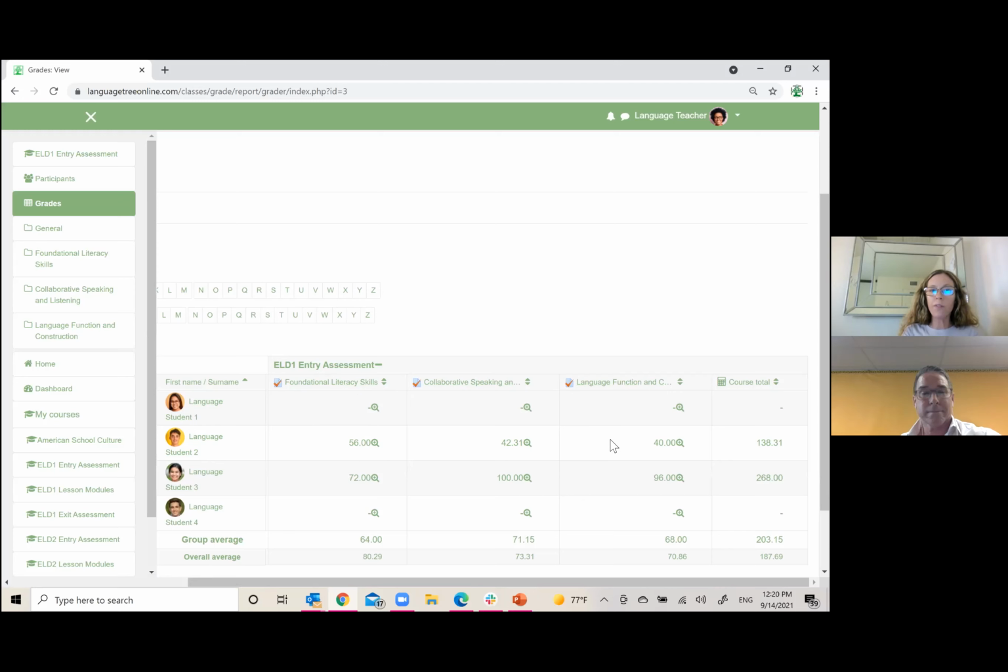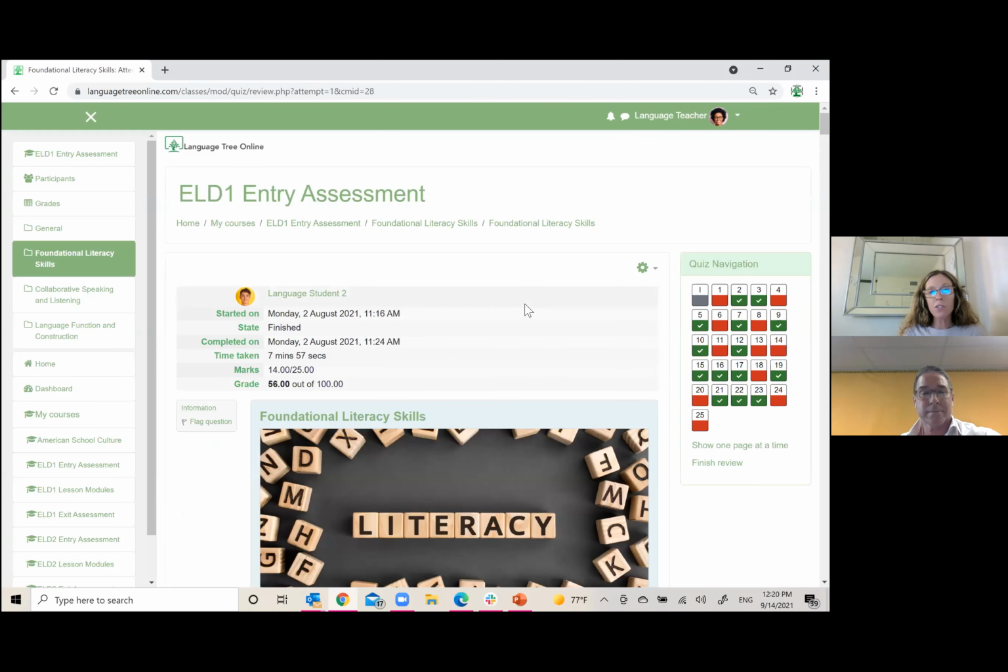So really our rule of thumb is that anything that is below 90%, we recommend that they would go through those equivalent lesson buckets. So in the case of my language student 2, he would go through all lessons in all 3 areas. This little magnifying glass is nice because you can click that and it gives you good detail,